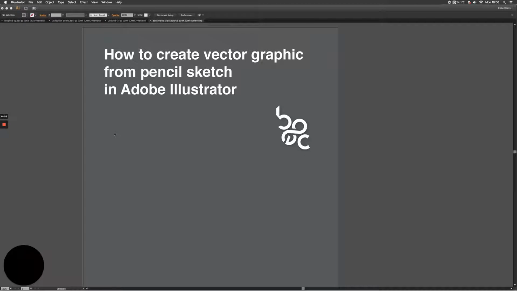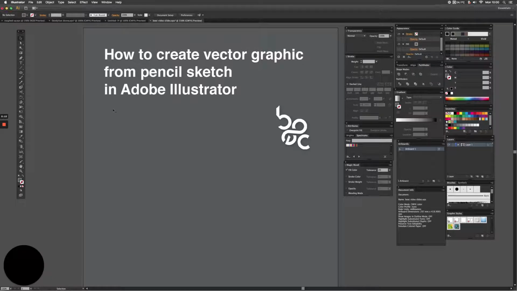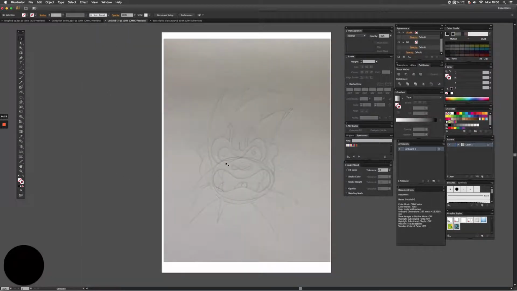Today I'm going to show you how to create a simple vector graphic from a pencil sketch, or anything you want to copy over, or do your own design from. So let's get started. Right, so here's something I just drew quickly and took a photograph of it on my